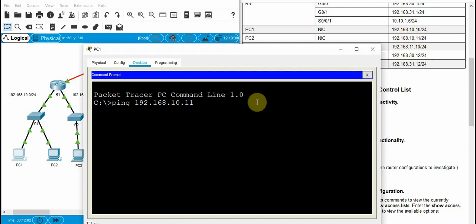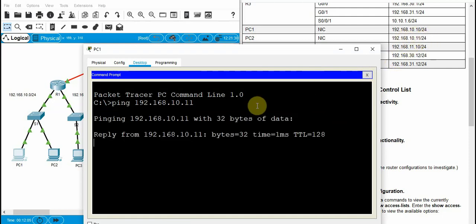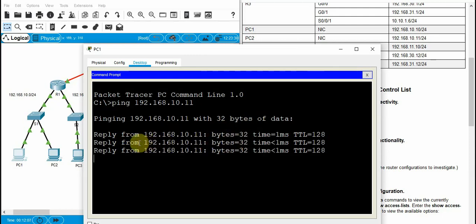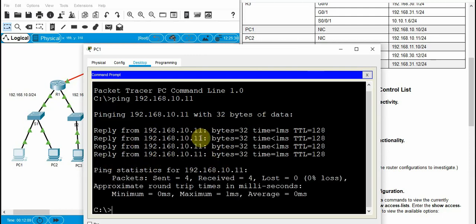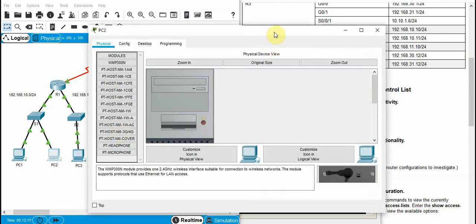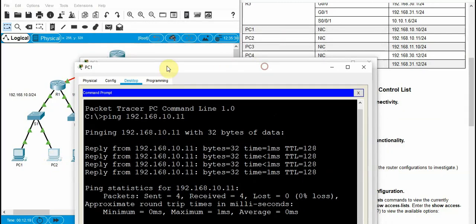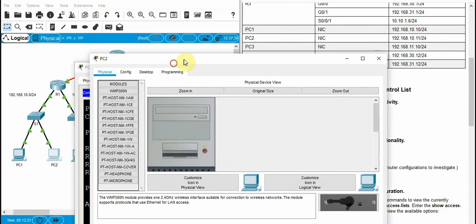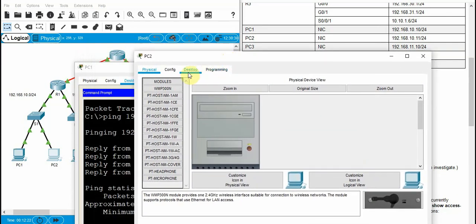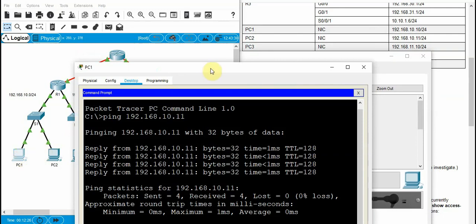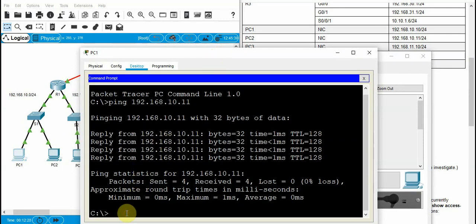If I press enter, you will see the ping is successful. I get the reply from PC2 and it is a successful ping. Now similarly I can ping from PC1 to PC3. What is the address for PC3?